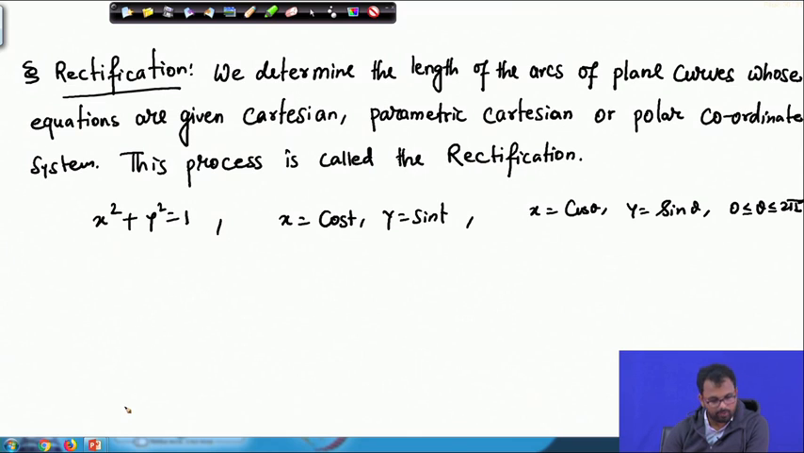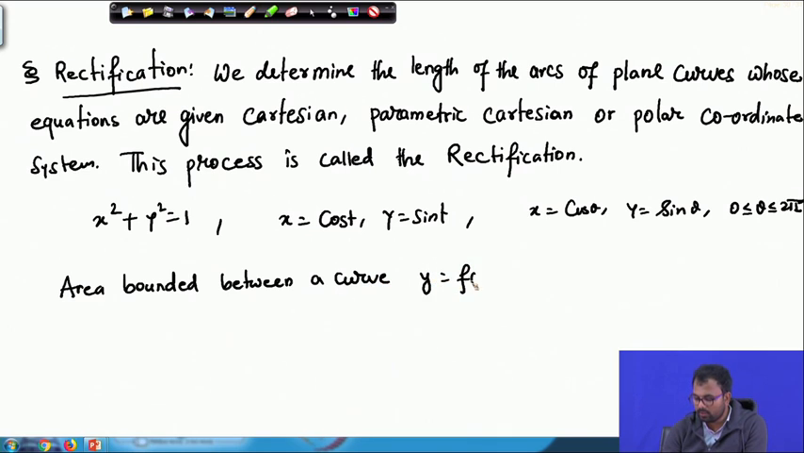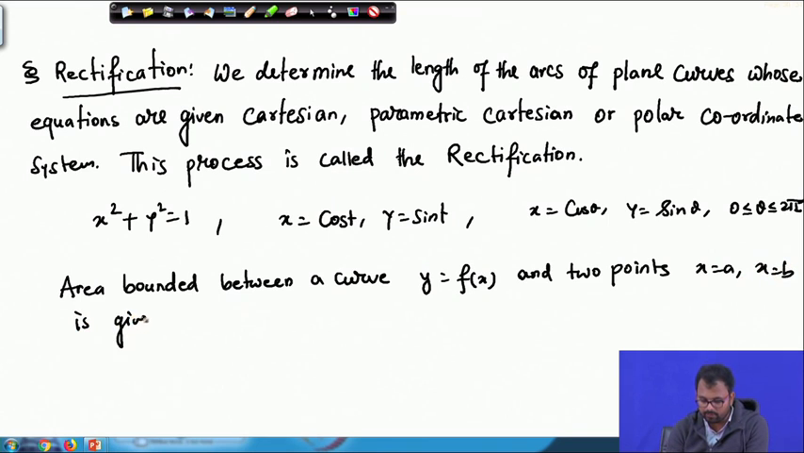Like the way we calculated the area bounded between a curve, let's say y equals f(x), and 2 points x equals a, x equals b, is given by, we know, the integral from a to b of y dx, and y equals basically f(x) dx. So that's how we calculate the area. Now similarly